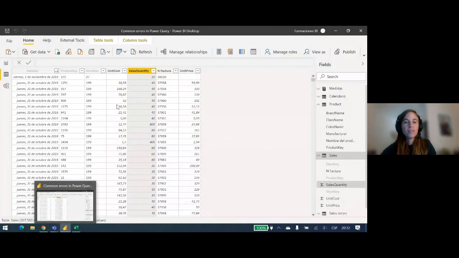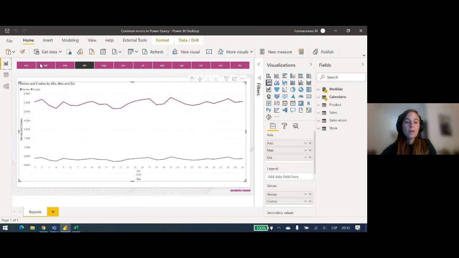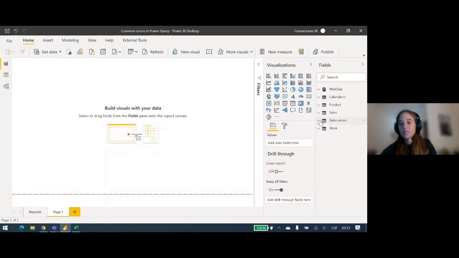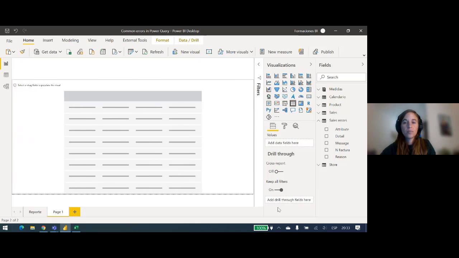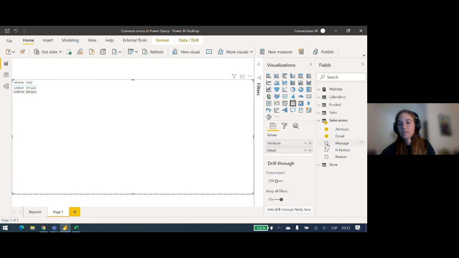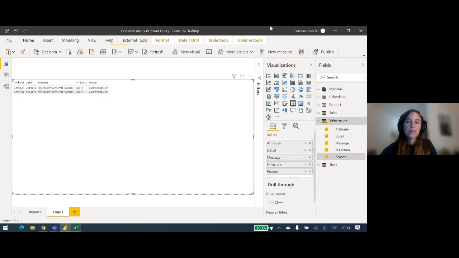Okay, now it didn't fail. Here the errors are replaced into blanks, but now I have this specific query, and I can make a specific query that has all the errors. You can see here that I have the two attributes that in this case are the columns. I have the detail, I have the message, and I have here where to find those errors, okay? If I come here and I publish this,